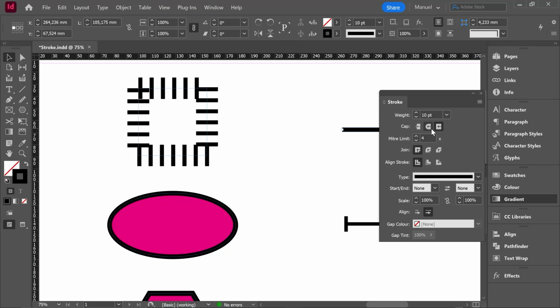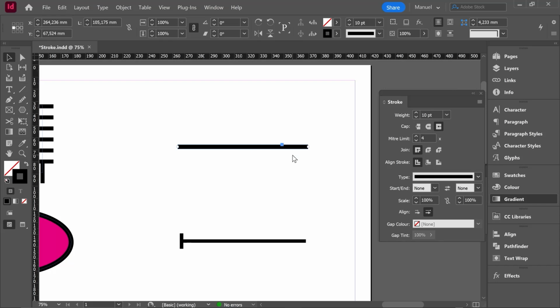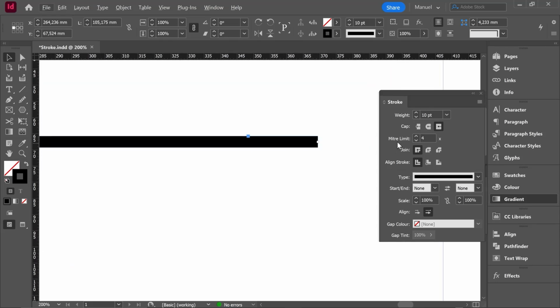To be honest, they are not very important. I will just point out this one, round cap. Let's use it with a line because in a closed shape it doesn't make sense. So here we can make the end of the lines rounded thanks to this option. Anyways, I recommend you to spend a few minutes just practicing with all of them and check how they work accordingly with the little thumbnail.